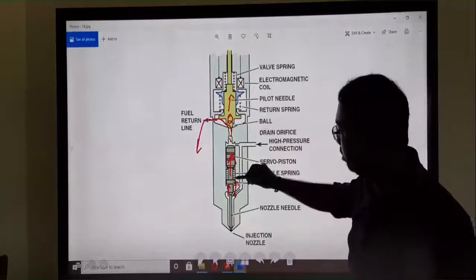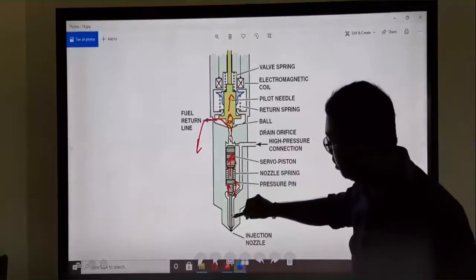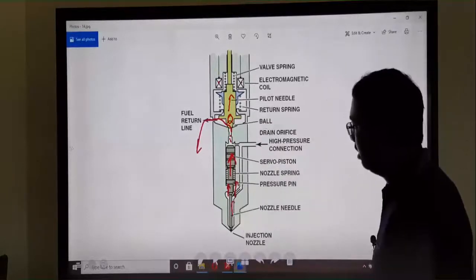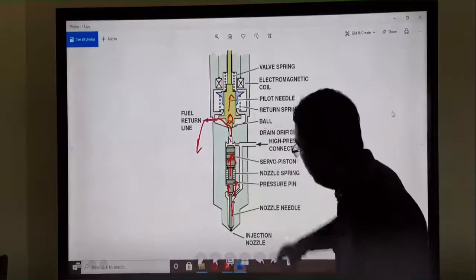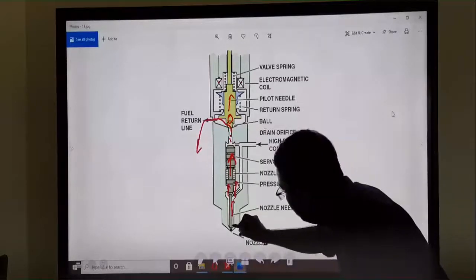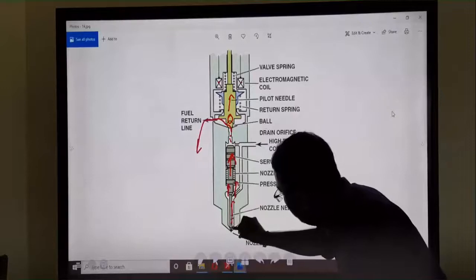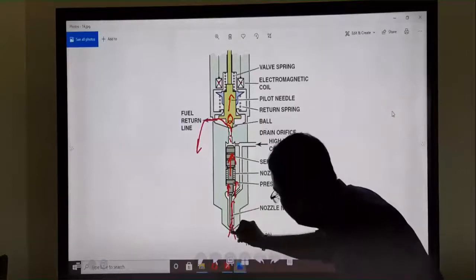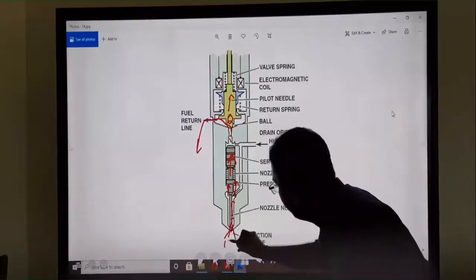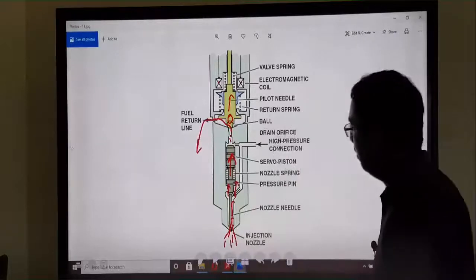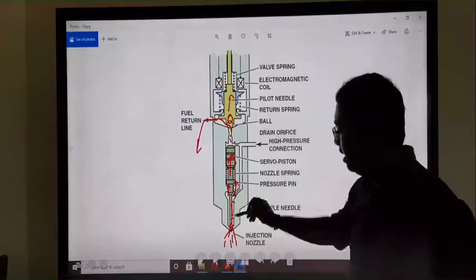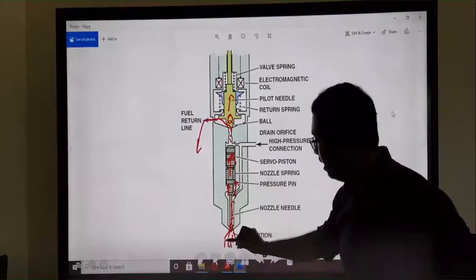So at that time this nozzle part also moves like this. When this moves in this direction, this nozzle also moves upwards. So we can get a small hole like this. So the fuel which is filled in this passage sprays through this